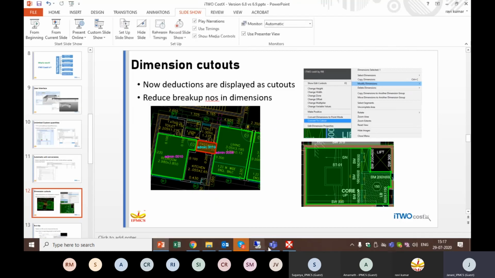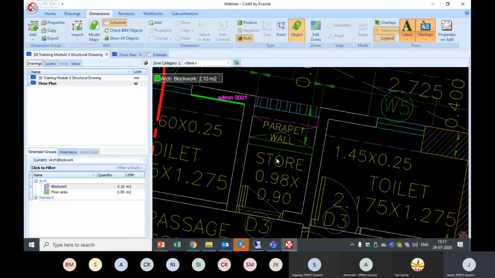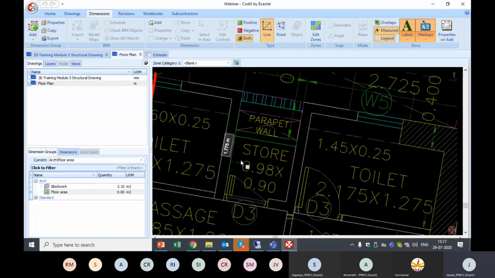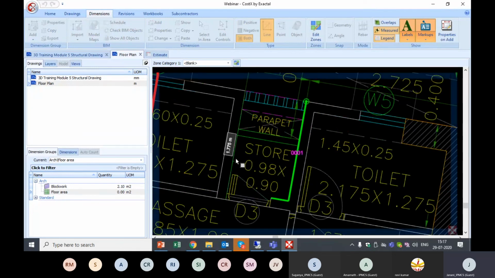Let me show you with 6.8 first. Okay, so this is 6.8. I'll select the floor area. I'll take the small room, the storeroom, where I have a deduction for a parapet wall. Now I'll select this area.